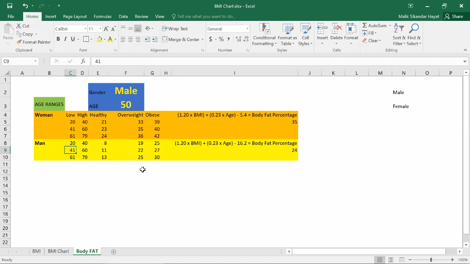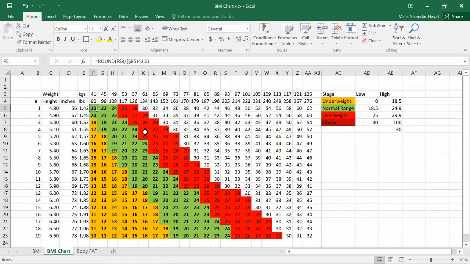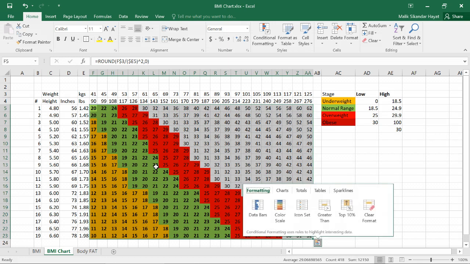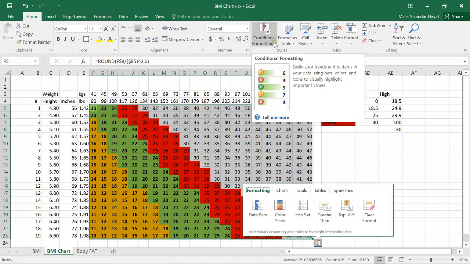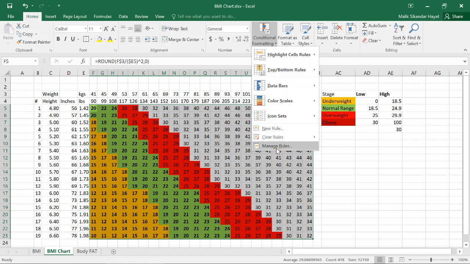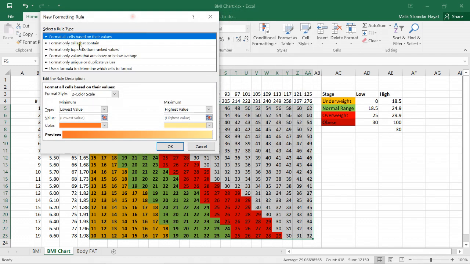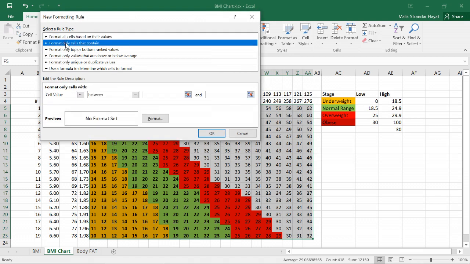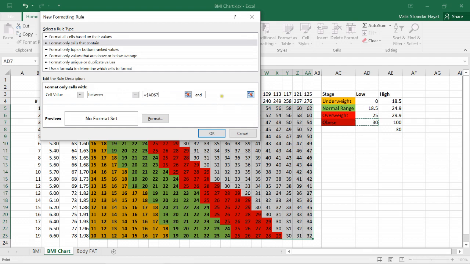My objective was to show you how you can use different Excel features or functions. Okay, just one more thing. Now if I have to apply conditional formatting, let me give you that flavor as well. I will first select the whole range, the way I did it. Then I will go to conditional formatting, right? And I will say manage rules, new rule. Let me create one new rule. Then for this top range which I had not done, I will say format only cells that contain, here I can put the formula, right? Because I have a range, I will say if lower is 30 and higher